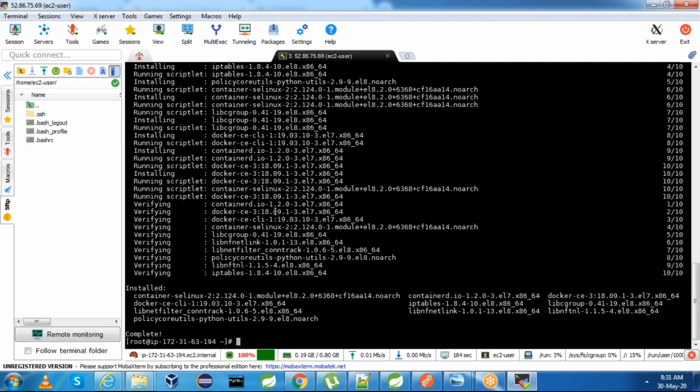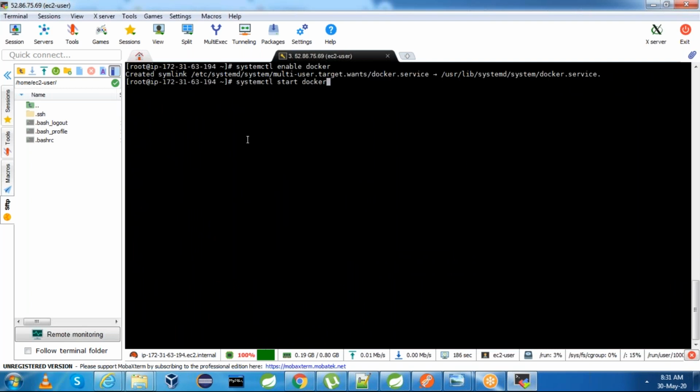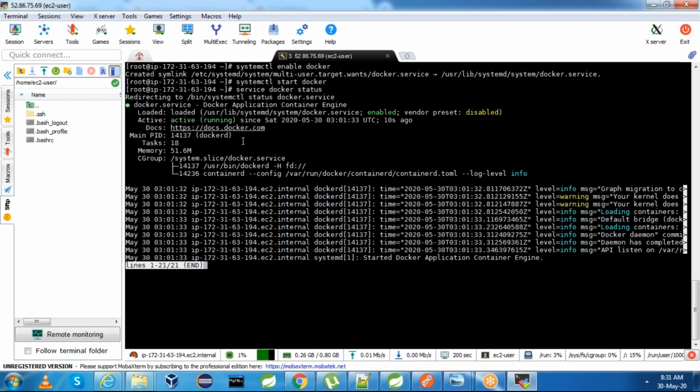Okay, this is done. Now you can enable and start Docker. We will see whether Docker is running or not. Service docker status. Docker is running perfectly.